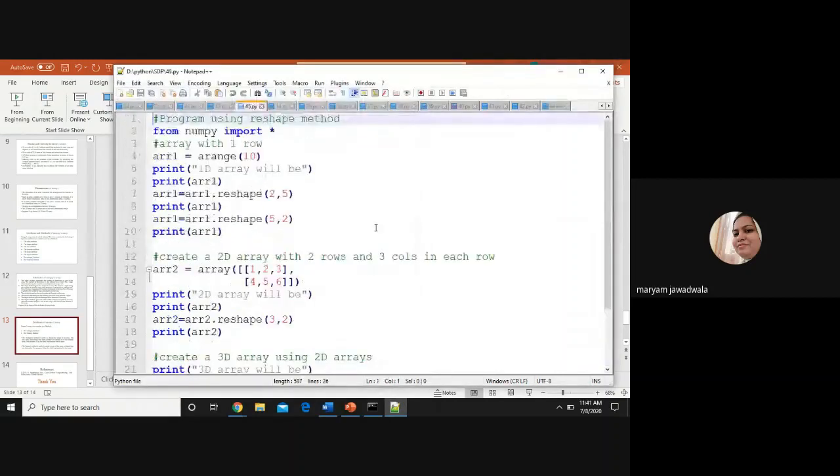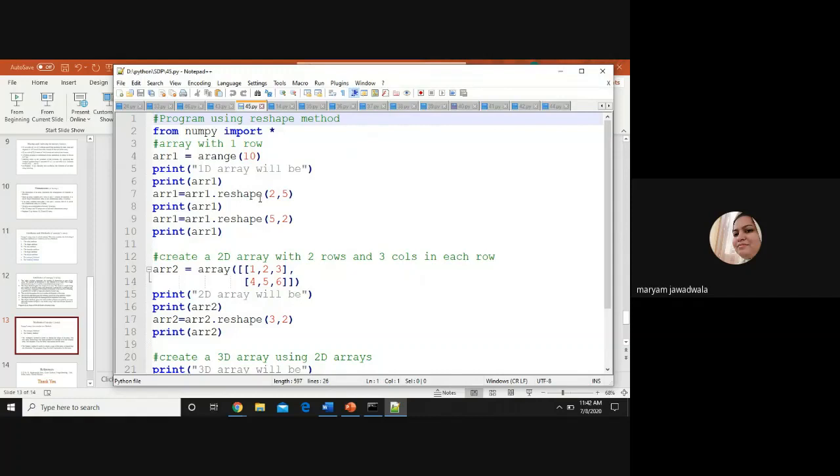So this program is for reshape, right? I create one 1D array over here, array1 using arange, right? And this is my 1D array. So total 10 elements are there here, right? And then using the reshape method, I'm changing the shape of the array. Previously it is a 1D array.